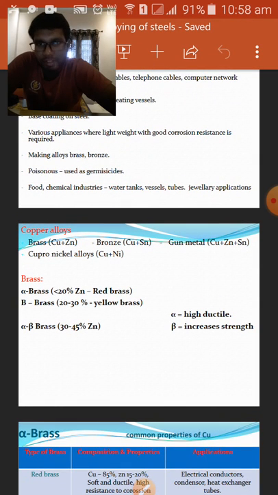Copper alloys. Copper has many alloys. Some of the alloys are brass, bronze, gunmetal, and cupronickel alloys. Brass is an alloy of copper and zinc. Bronze is an alloy of copper and